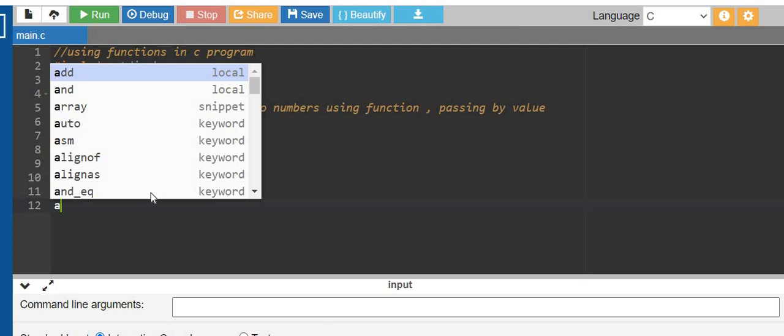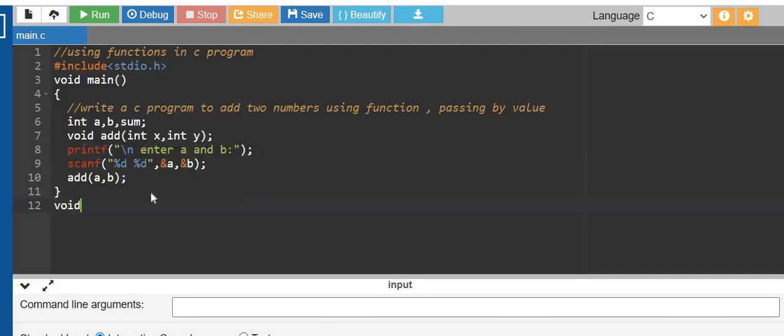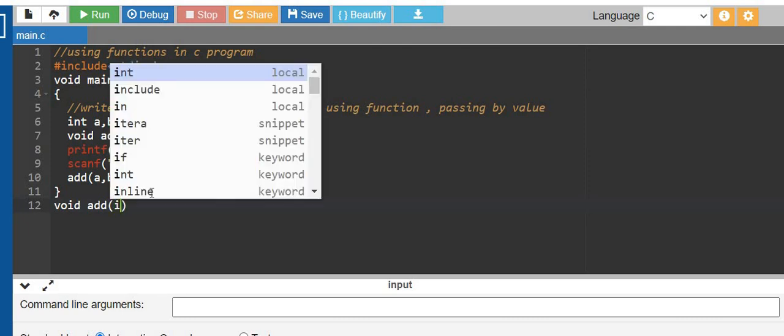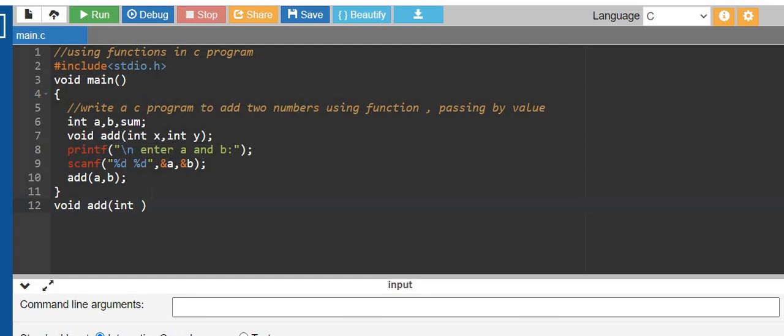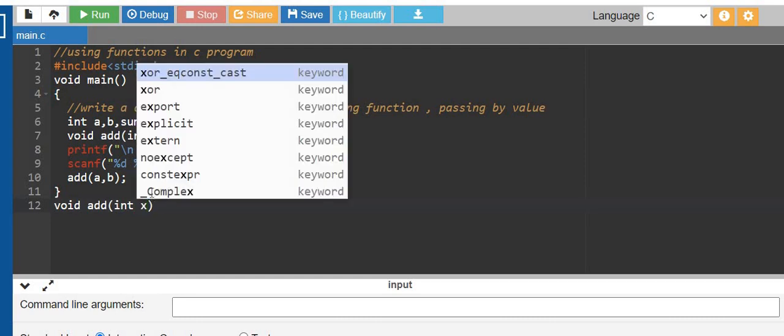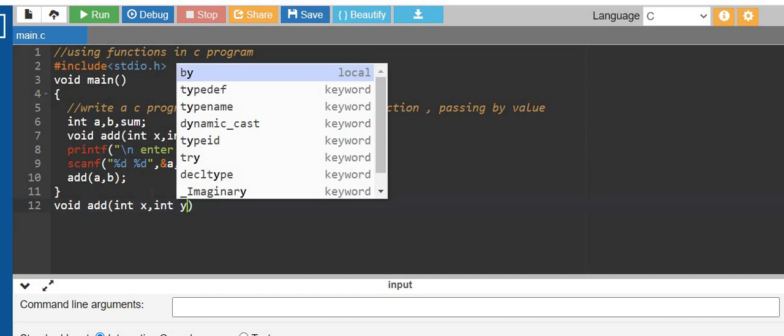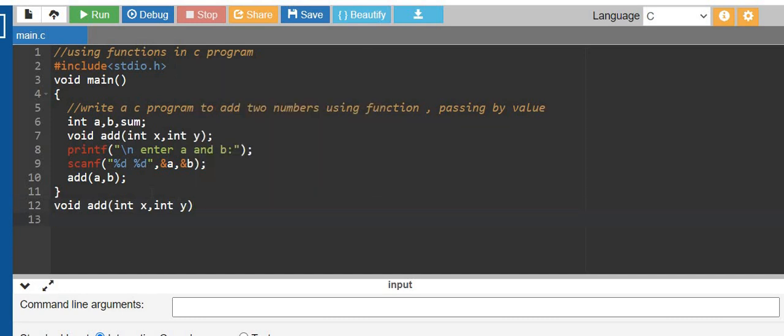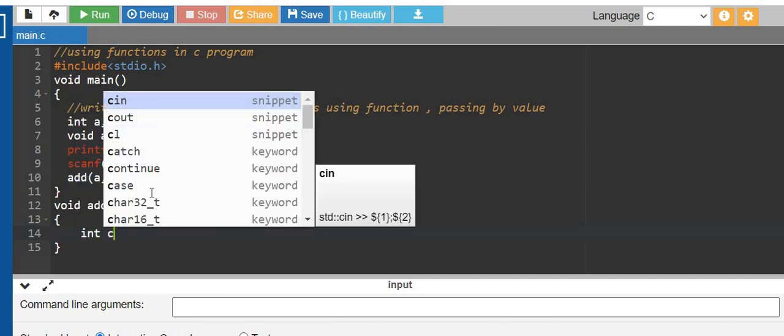Okay, so void add int x comma int y. Okay, so here we are going to declare another variable c.